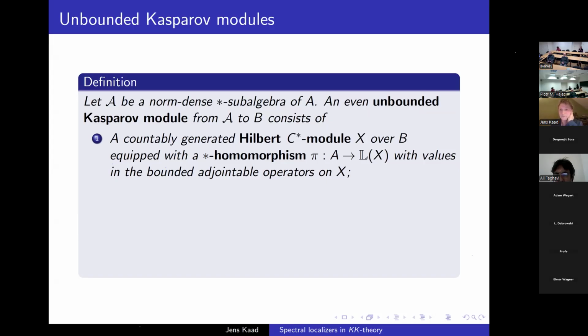I have some more information here. I also have a left action of the C-star algebra, capital A. This left action is given by a star homomorphism defined on A with values in, well, not the bounded operators on my Hilbert C-star module, because unfortunately there are examples of bounded operators on Hilbert C-star modules which do not have an adjoint. So instead, I look at a star homomorphism with values in the bounded adjointable operators on my Hilbert C-star module. So that's the bounded operators which have an adjoint.